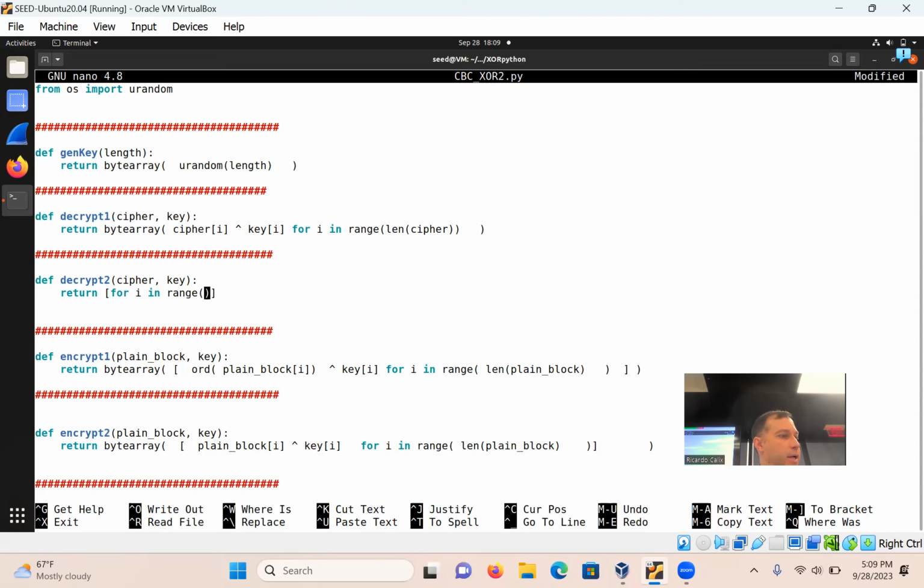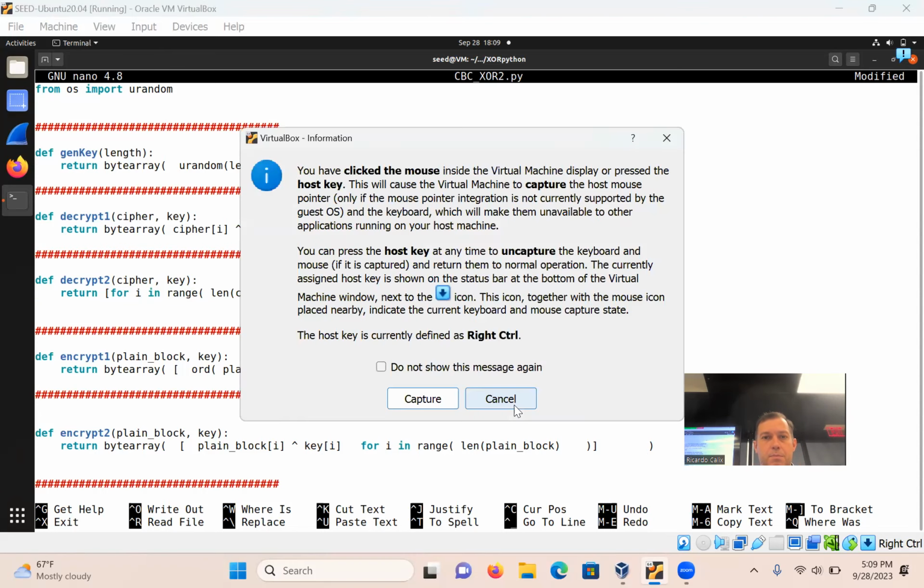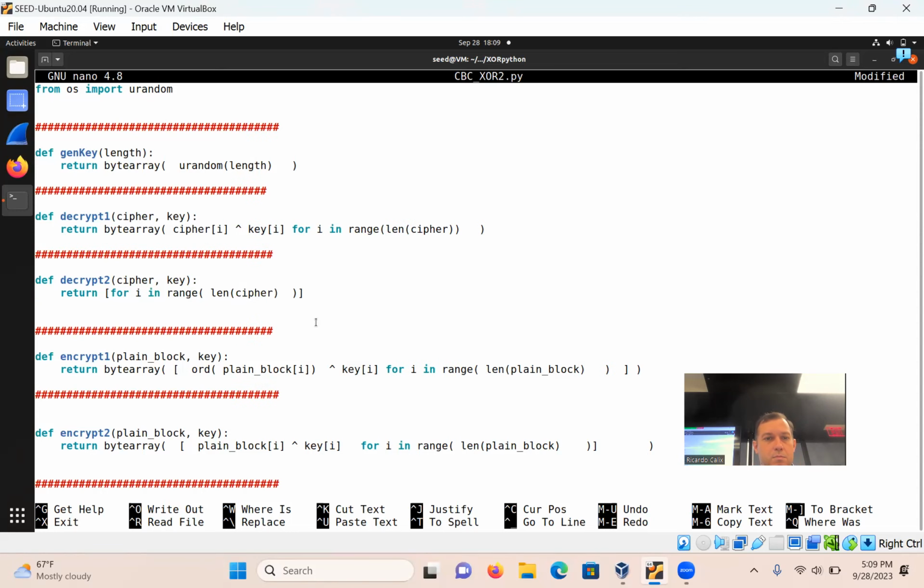The for i in range of length cipher. Okay. e, i, caret, cipher